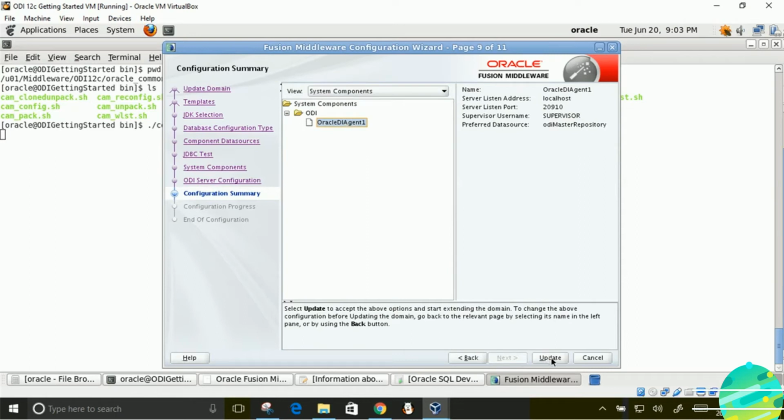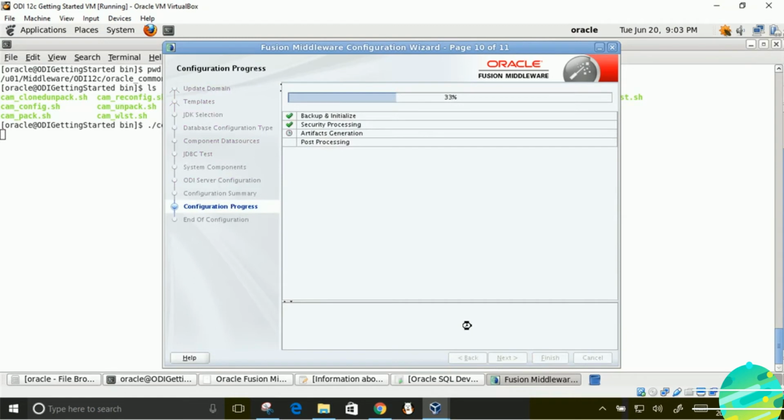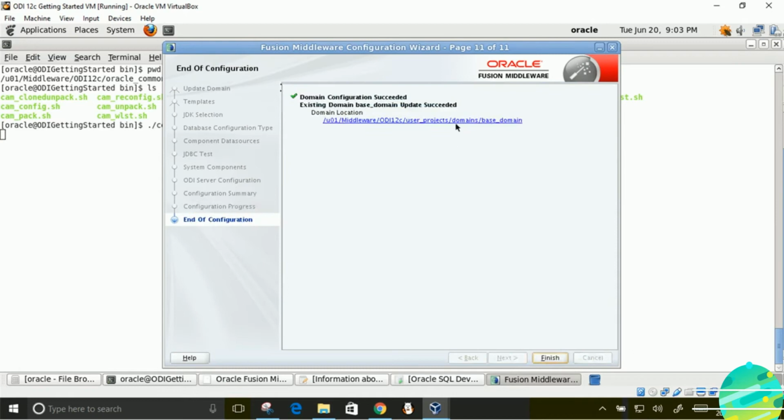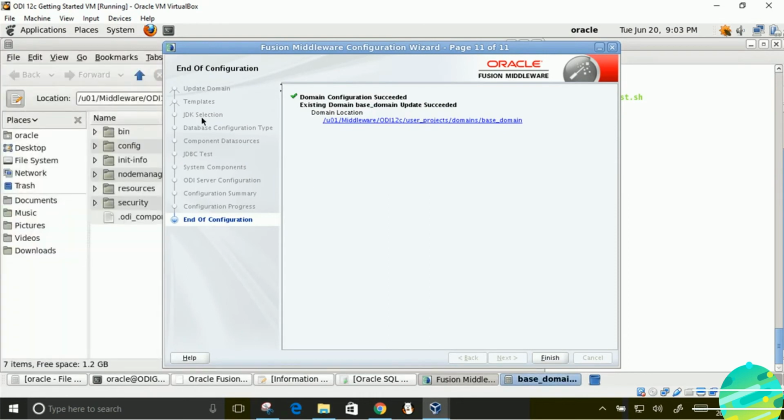Click on finish button and wait for this to become 100%. Once it is 100%, click on next. And here you go. You have successfully installed the standalone agent. Click on finish.